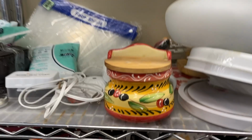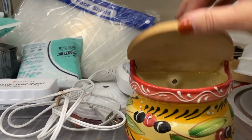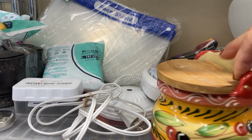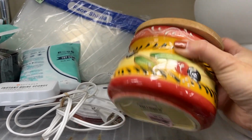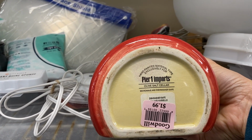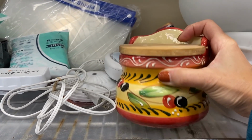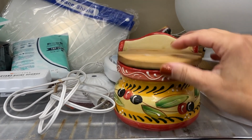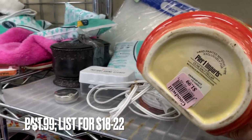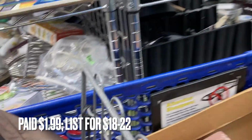Well, here's a find right away. This is a hand-painted olive salt cellar. It is made in Spain by Pier Imports, and it's only $1.99. I do love the painting on this. I do fairly well with ceramic wall hung salt cellars, so this is going to go in my cart,